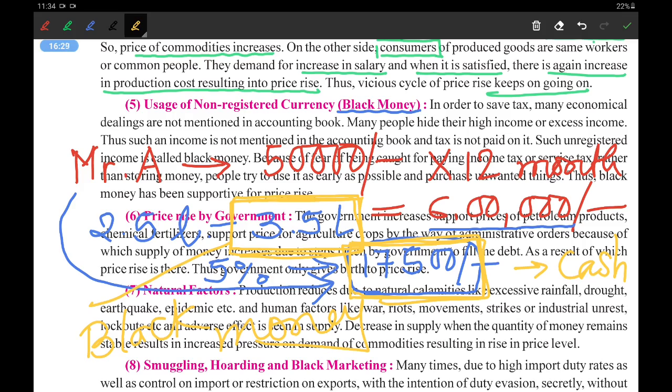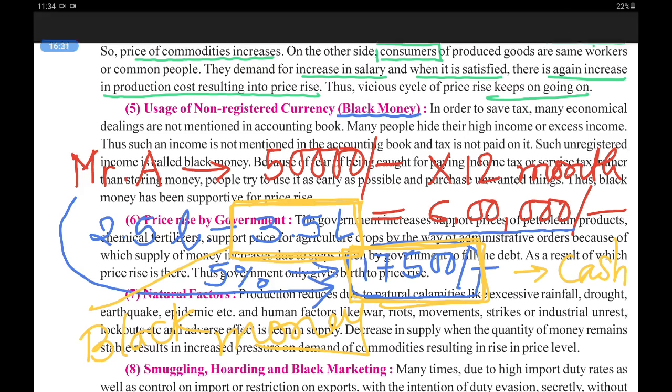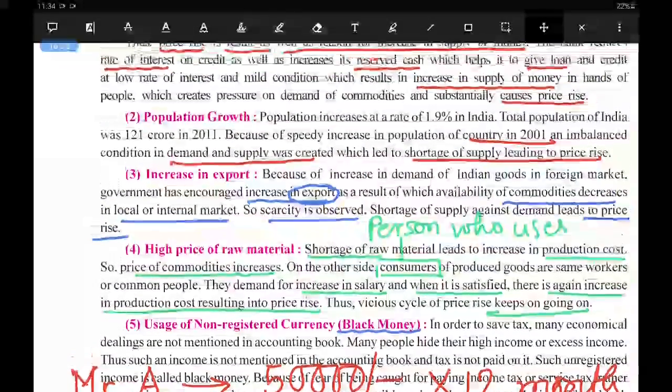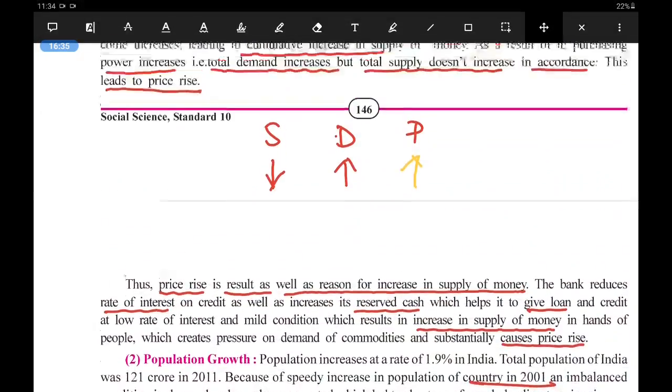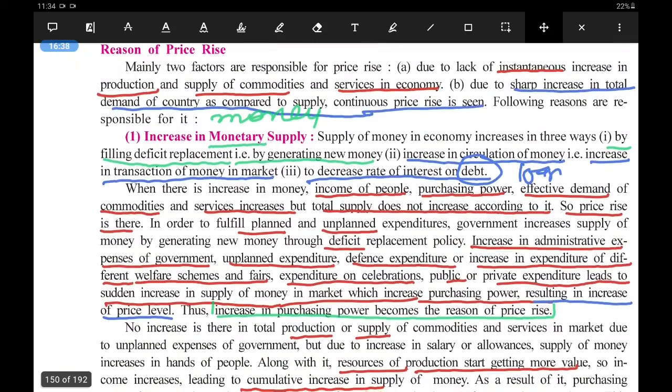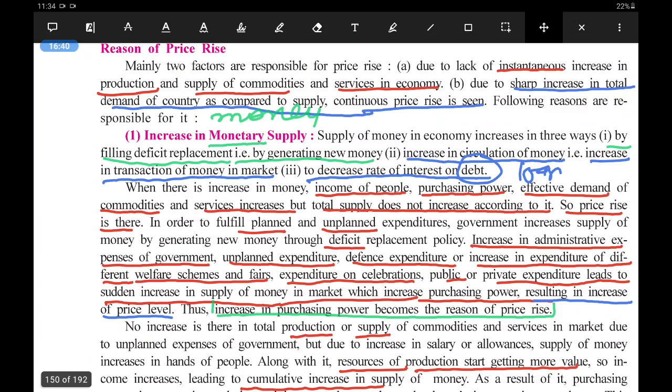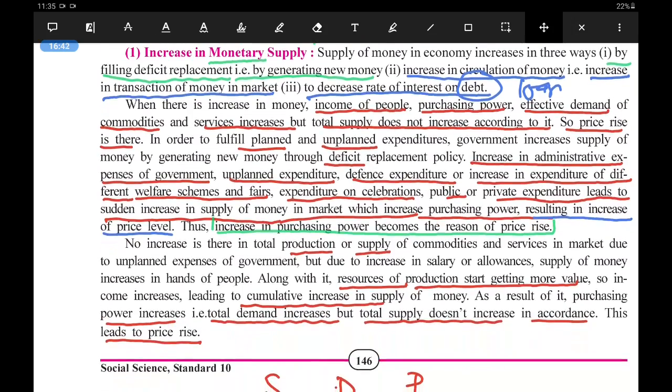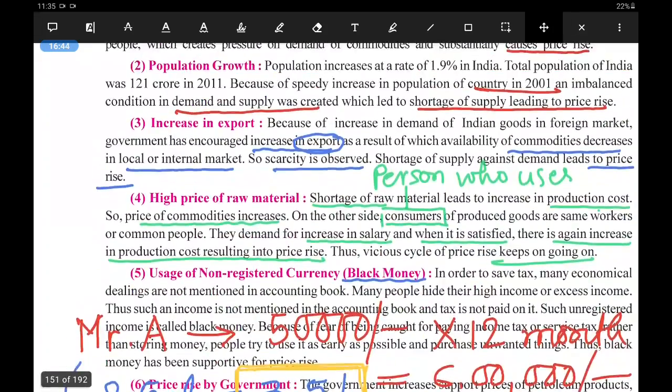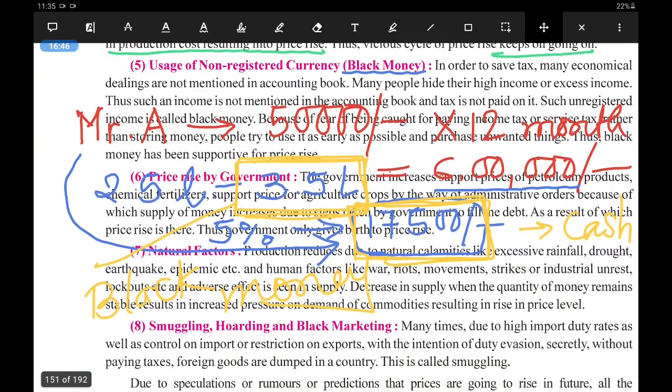So we'll stop here. In this particular video lecture, we saw the reasons for price rise, increasing monetary supply, and the other reasons for